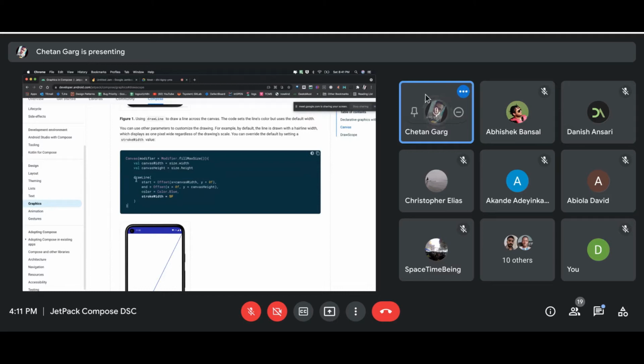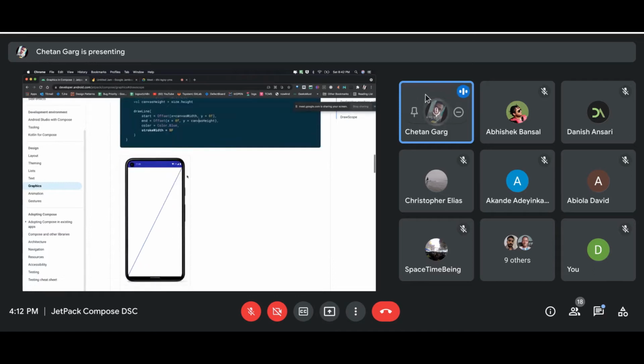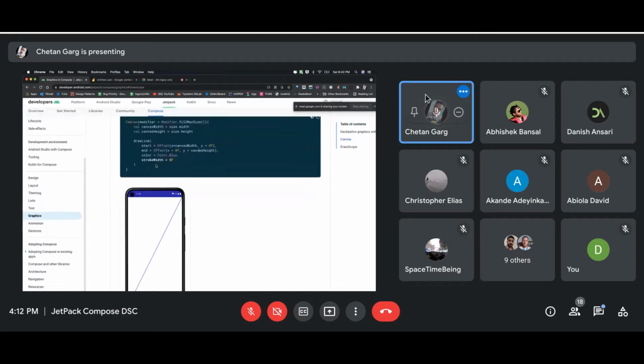For example, when we want to draw a line, right? Every line wants a start point and an end point, right? In composable world, we define those points using this offset. So in this offset, you need to just tell your x and y coordinate, and at the end you have to do the same, your x and y coordinate, and your line will be drawn automatically when you fire this function, right?